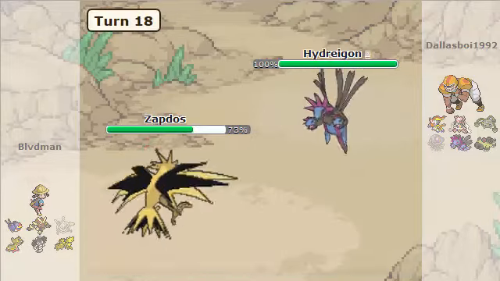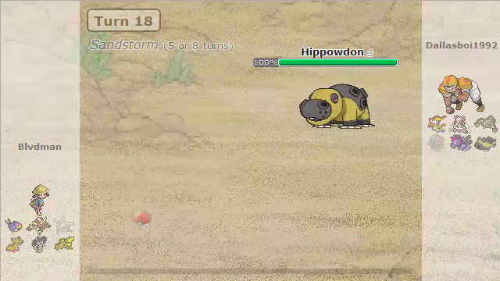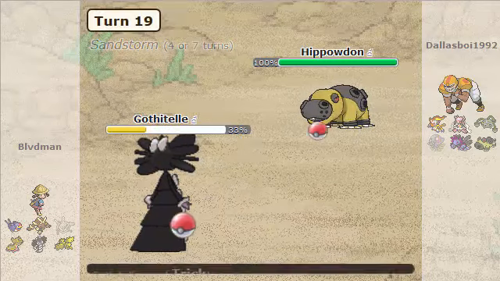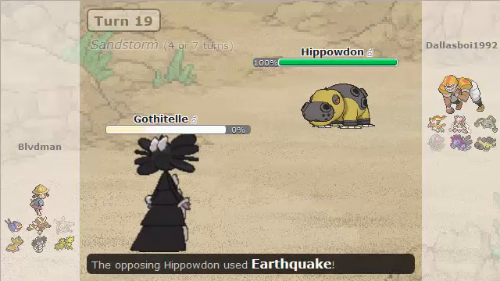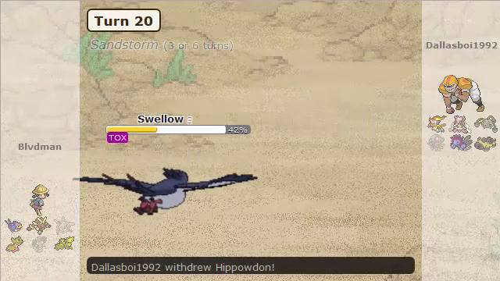It does not do as much as I would have liked to the Zapdos, so I'm going to switch in my Hippowdon to sponge a potential Electric attack. But he winds up doubling into his Gothitelle, and my Hippowdon is trapped, and is subjected to wield a Choice Scarf for the rest of this game. So now, knowing that I'm locked into Earthquake,